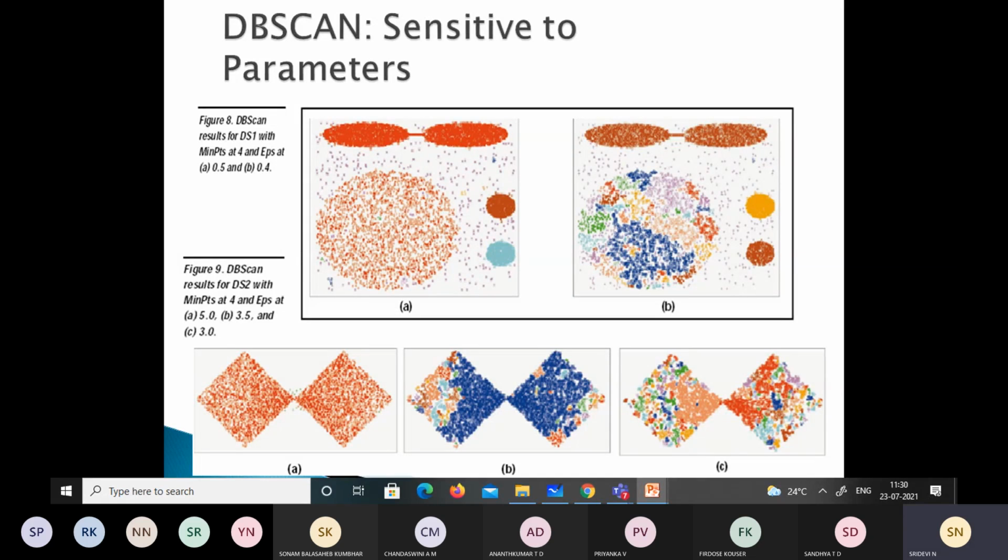Then we can take all the points for which the k-distance is less than EPS and label them as core points. Other points will be labeled as noise or border points. That way we divide the data into different clusters. So it's just an example of how data points are bifurcated.